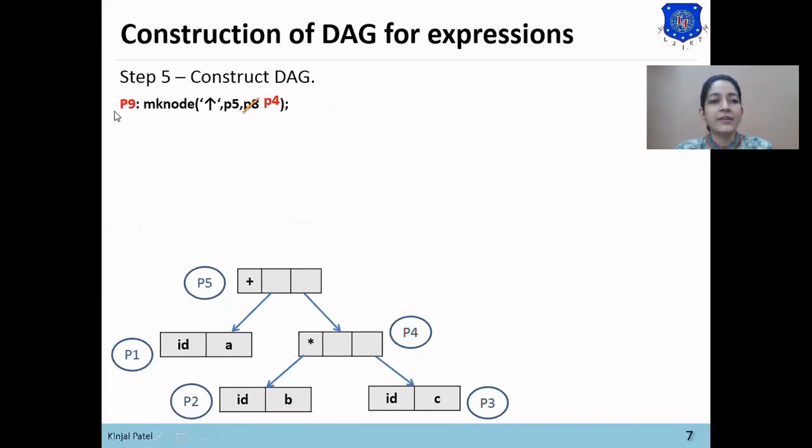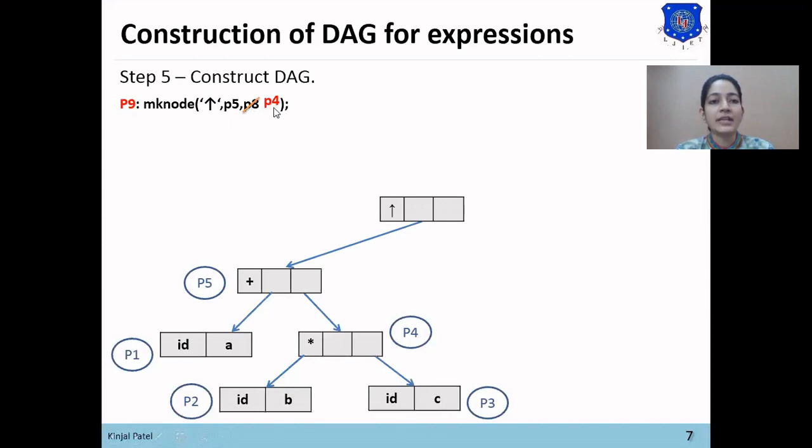Now the next function is P9 equals makeNode power P5 and P4. So now the subtree for power will be created. The left child of this power is P5. So P5 is the left child of power and the right child of this power is P4.